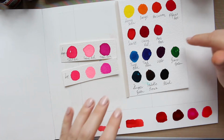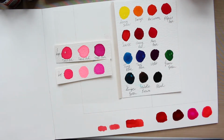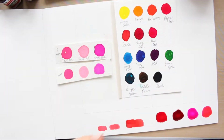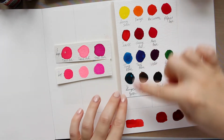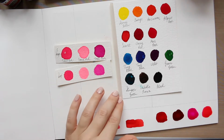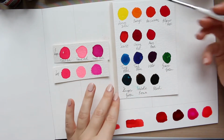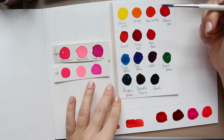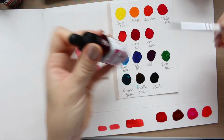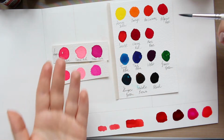doing swatches. So there was one video which I showed you when I first got the A set. I'll just grab it here to show you. So when I got this A set, I was doing swatches, and on this card I wanted to show you the full concentration of the watercolor. So what I did was I just took a brush and some watercolor paper and did circles with a wet brush, and then just dropped the watercolors straight in. I think it was only one drop of watercolor, and then I let them dry, and I ended up with